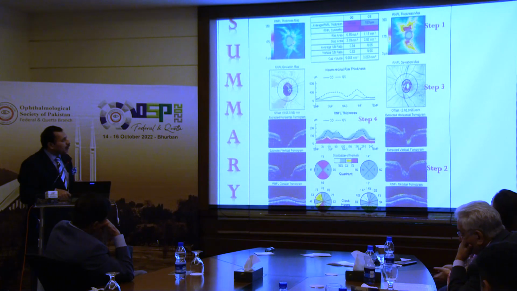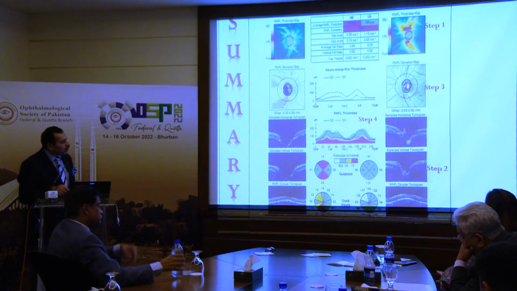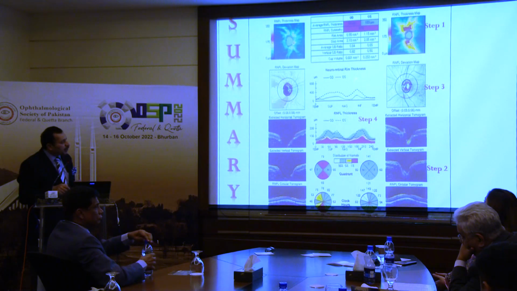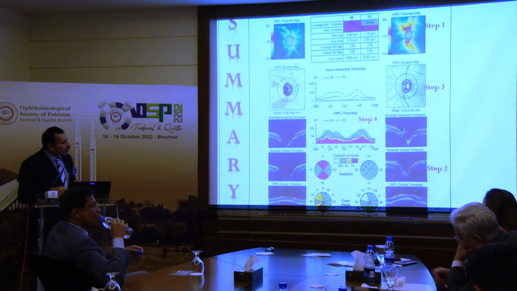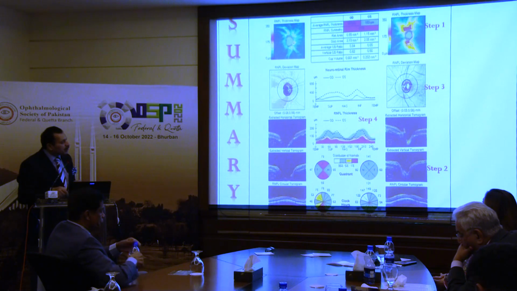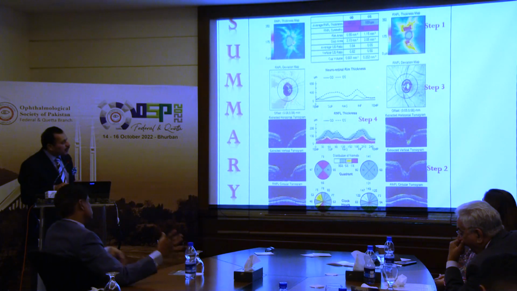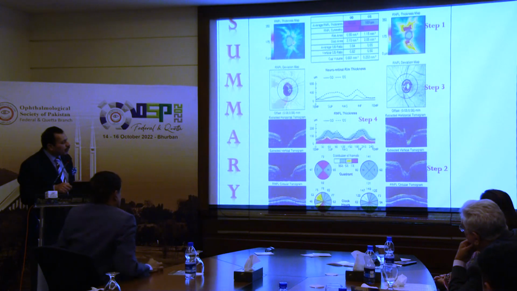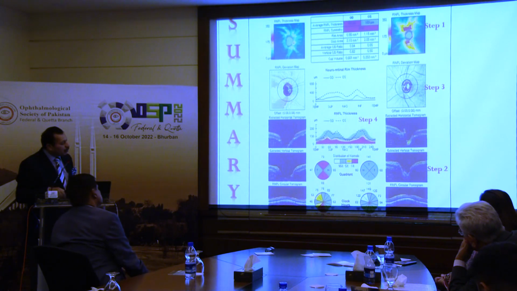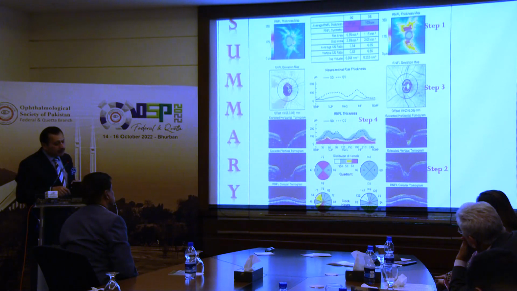तो समरी ये है मेरी टॉक की कि यू गो स्टेप बाय स्टेप, यू डोंट जंप ऑन द कंक्लूजन जस्ट सीइंग रेड, ठीक है। आप स्टेप 1 देखें कि कौन सी टाइप का है, फिर स्टेप 2 देखें आप कि उसकी रिलायबिलिटी कितनी है, सिग्नल स्ट्रेंथ कितनी है, और स्टेप 3 देखें आप कि जिसमें आपने सेंटरिंग देखनी है कि सेंटरिंग ऑप्टिक डिस्क के गिर्द कितनी है। इसमें आप देखें तो बिल्कुल एक्यूरेट सेंटरिंग हुई हुई। और स्टेप 4 में आप क्लॉकार पैटर्न, क्वाड्रेंटिक पैटर्न एंड वेव फॉर्म पैटर्न देखते हैं।